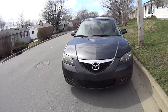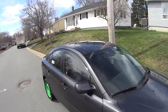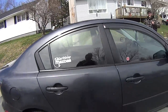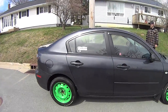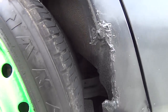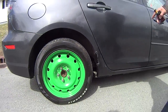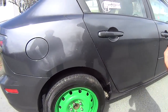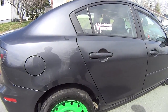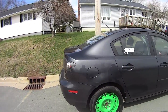Can you think of anything you want to say of it? Because I don't really have strong opinions about Mazda. Oh, it's got a sunroof. That's always nice. Whoa! What happened here? That was that door and that got all beat up. Dodge Ram decided he wanted to come over and... Oh, yeah, okay. Sounds like a Dodge. Yeah, check your blind spot once in a while. You won't have that,